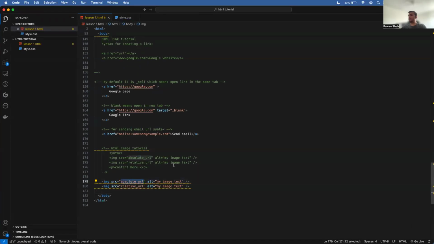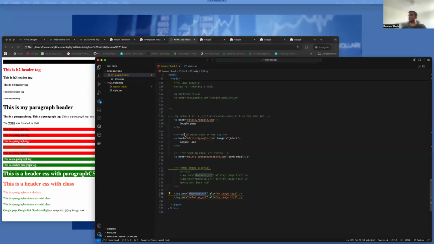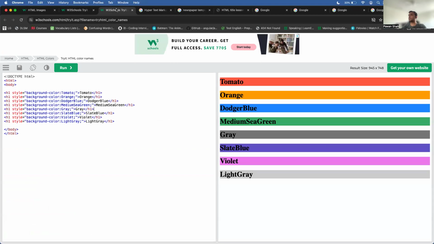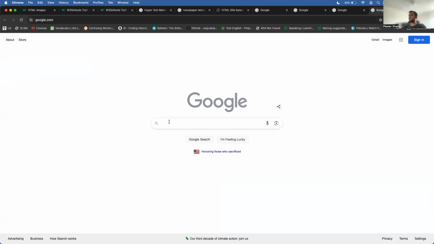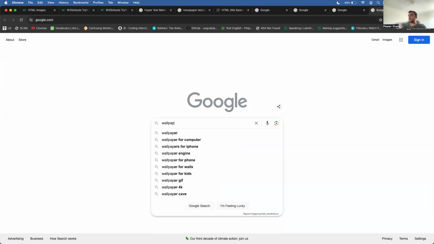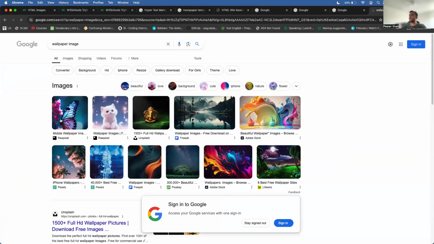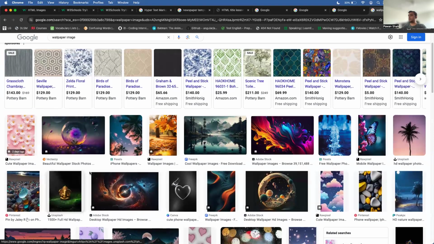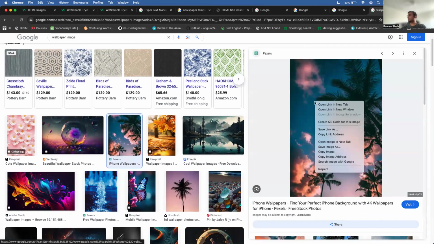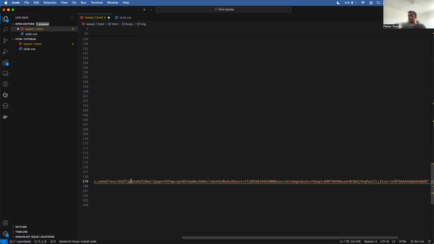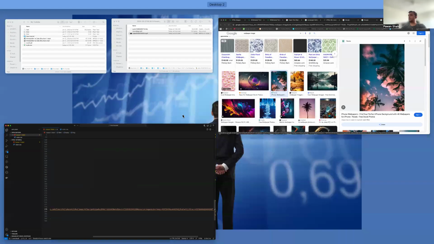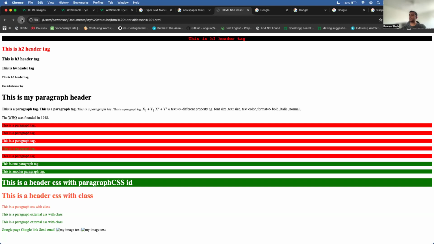And now if I put any address here, so an absolute URL is something that is present in the web page. So if I have this image, let's just go to Google and search for wallpaper. Let's say I copy one image URL, something like this, and copy the link address. Copy link address and put it here, the absolute URL, and save this. Now if you go to your web application here, refresh it,